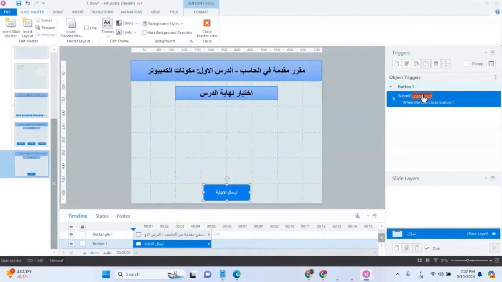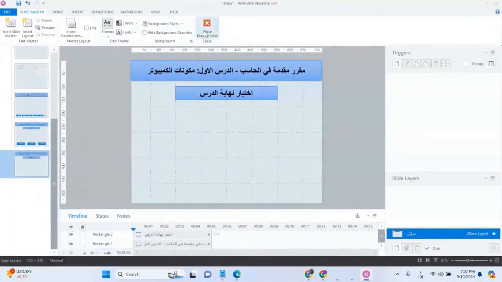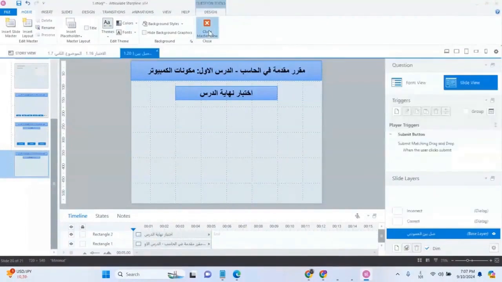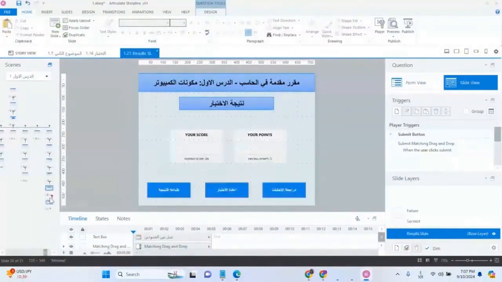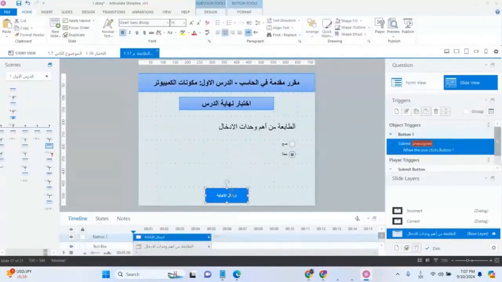He doesn't want to do it in the master. I mean, I don't see a question. So if I can't place the submit button in the master, then it's useless here. Where does it have value in the question slide? Where does the question slide start? When I say I can't see the question, it's because it's a general master.